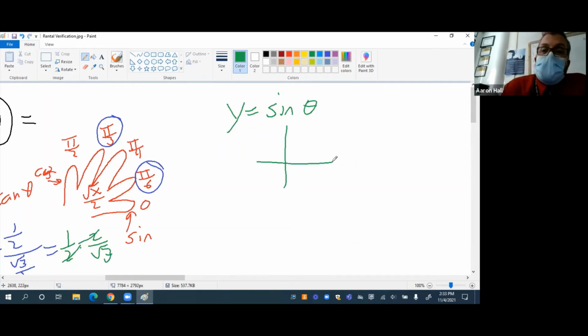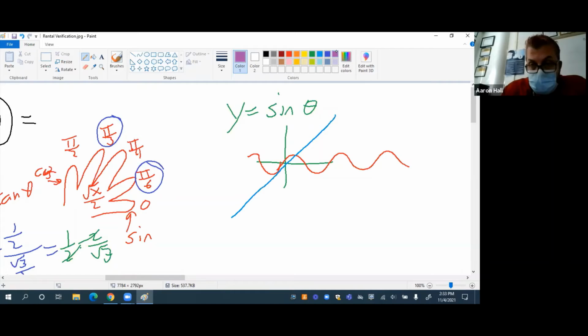Isn't that a graph that looks more or less something like this? Now the inverse is always going to be a reflection across y equals x. So the inverse of this is going to look something like this,